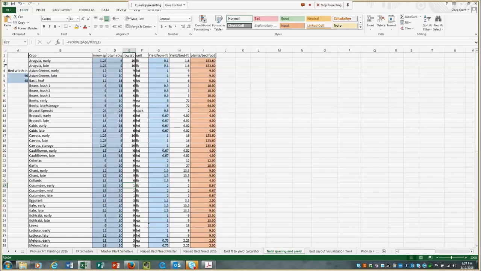So just so not to confuse you. For our normal outdoor production, if you have in-ground beds or all of your beds are going to be 30 inches and you're just going to plant down the length of it like you normally would in an outdoor setup, you could just have one bed width. But for me, I've customized this field spacing and yield for 4 by 8 foot raised bed and for planting different crops in different ways, whether it's down the width or down the length of the bed. Okay, so now that we have that out of the way,